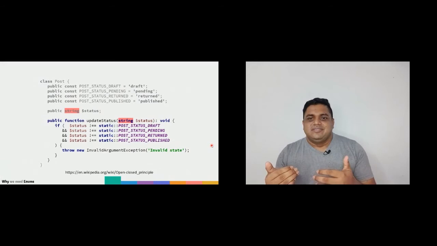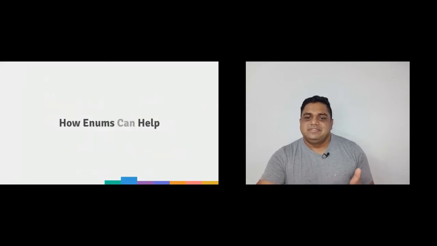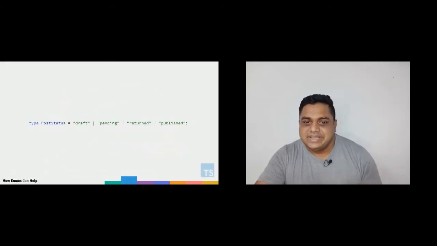Because we make mistakes, right? That's the number one thing. We make mistakes all the time. With SOLID principles, we say objects should be open for extension, but closed for modification. But here, you can actually modify this object, because this is a public property. You can make it private, but there's always ways to get around these limitations. And it's very likely that we will have invalid state in our classes. And this is a problem that we try to fix with enums. So let's take a look how enums can help.